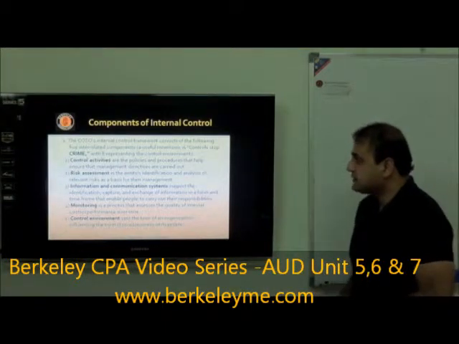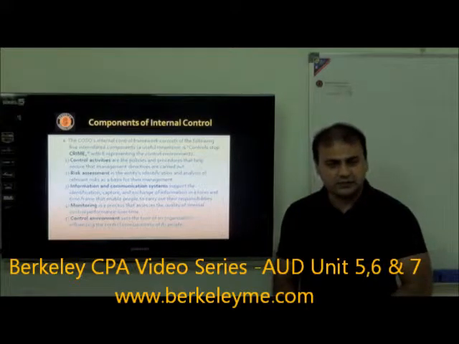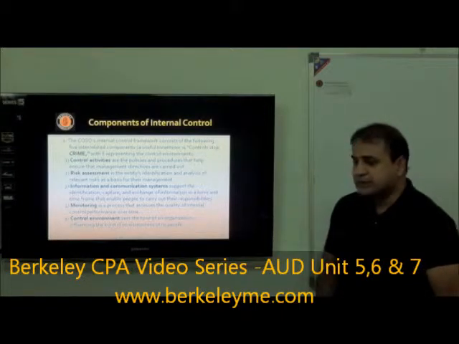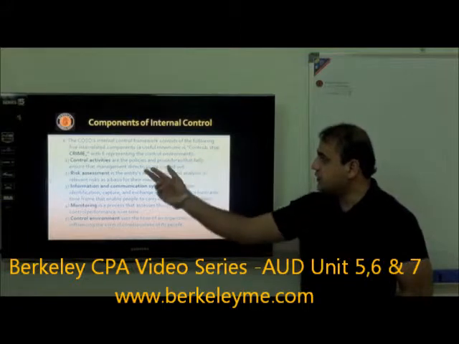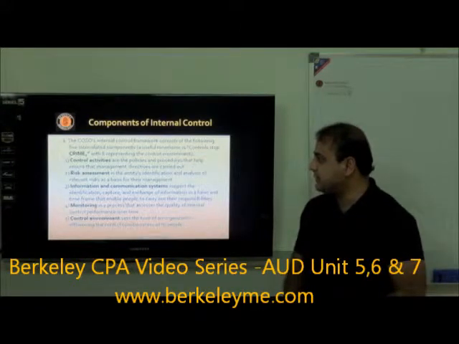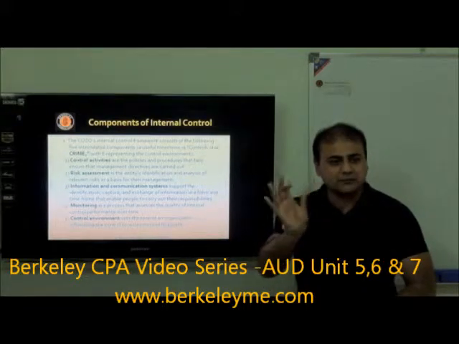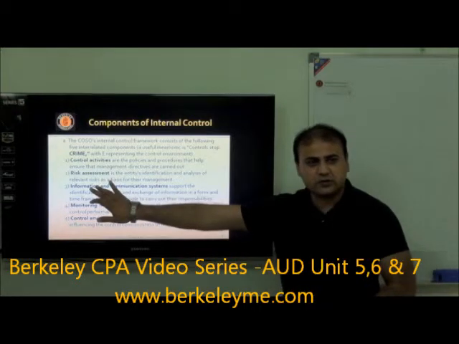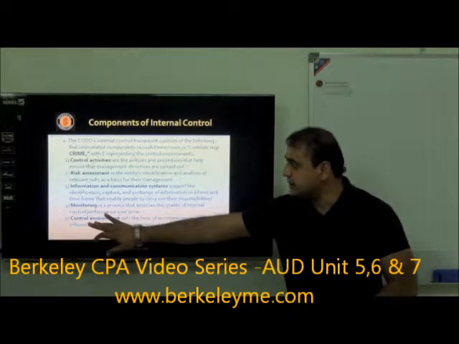Now there is the very famous COSO, the Committee of Sponsoring Organizations. We discuss this in BEC for corporate finance. This is the broad guideline for internal control frameworks. It consists of the following 5 interrelated components. For exam purposes, you can use the mnemonic CRIME: C-R-I-M-E. C stands for control, R stands for risk, I stands for information, M stands for monitoring, and E is for the environment.